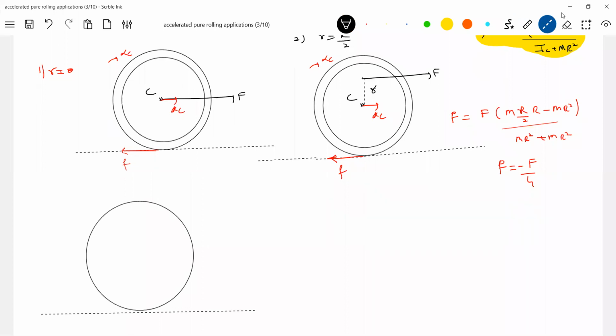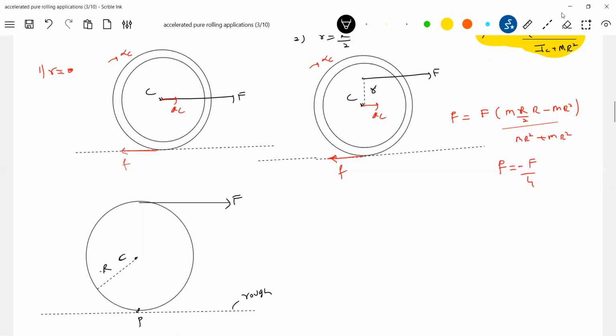This is very important. In the books, what happened, they have not explained very clearly. That's why you find it very difficult. They have put things in the books in a very, very random way. Okay, this is radius R, center of mass, there's a point. What about the surface? Rough.